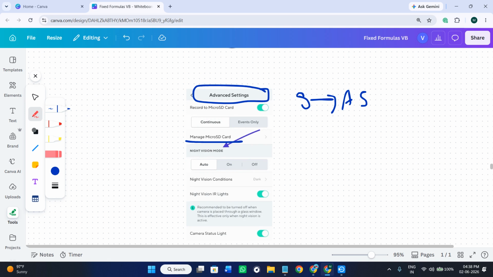So when you tap on it, you need to make sure that the app detects your SD card, and if the card shows as unavailable or not installed, you need to simply remove it, then reinsert it securely while the camera is powered off. Afterwards, you need to also verify the continuous recording and the event recording, whether these are enabled or not. So if the recording is turned off, the camera won't save the footage even if the SD